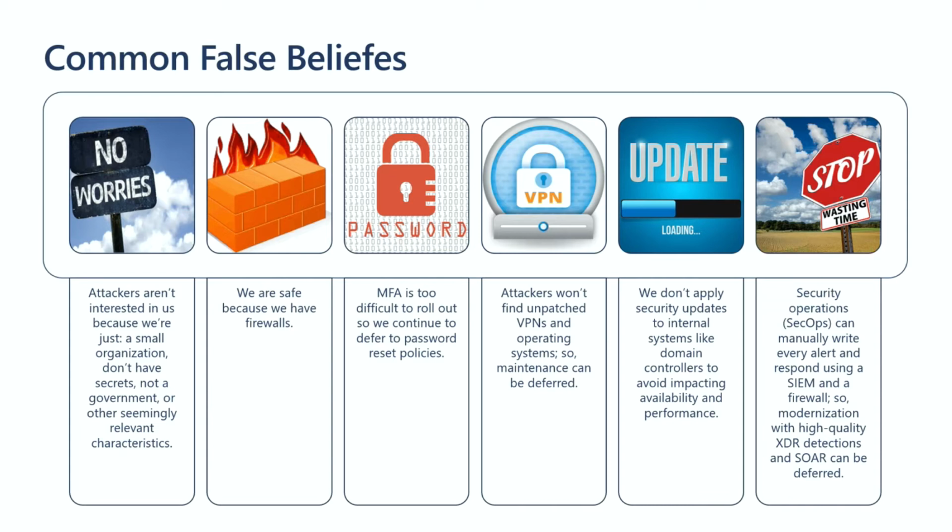Couple others, attackers won't find what's vulnerable, whether it's missing patches or unsecured VPNs. They're going to find that stuff. Patching remains one of the biggest defenses for new and emerging threats. And then lastly is our security operations team. They're able to manage everything on their own. They can do it manually. They've got good insight. They know what's going on in the environment. And the reality is we're all dealing with so many different security products. Automation is key, and being able to respond in an automated fashion is going to help your security operations team scale, because we're all overloaded and many of us wearing multiple hats.